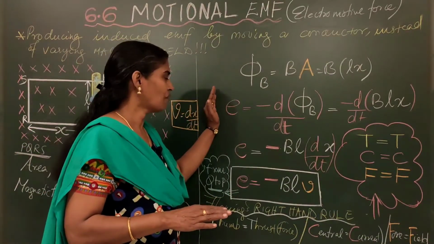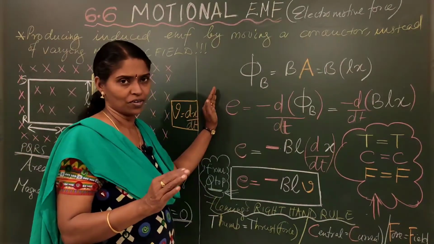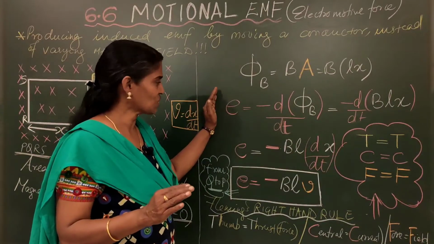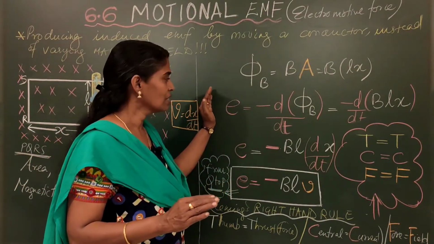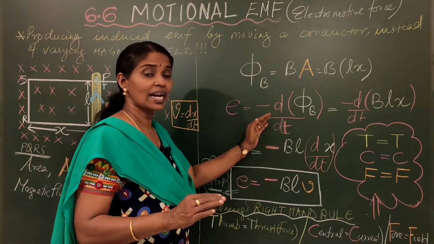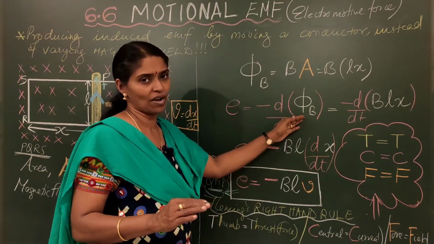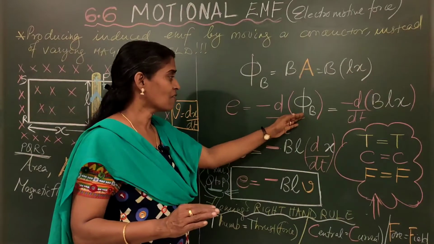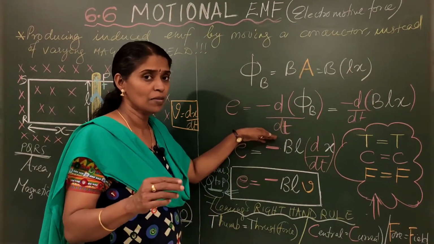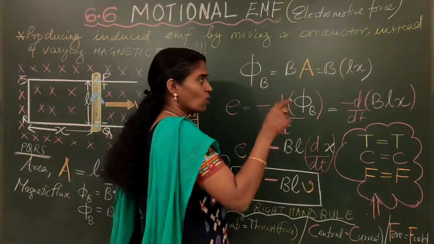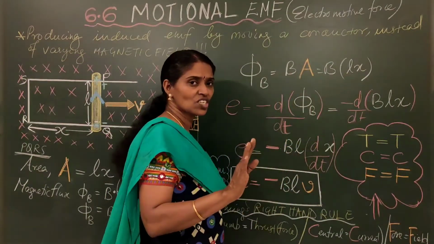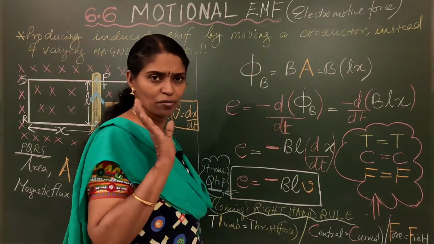So comes Faraday's second law of electromagnetic induction. E, the induced EMF, is given as the negative of the rate of change of magnetic flux. Magnetic flux is changing with respect to time even if B is not changing with respect to time. Also L remains the same. Whatever be the time gone, L remains the same.